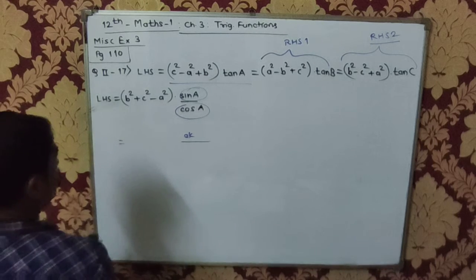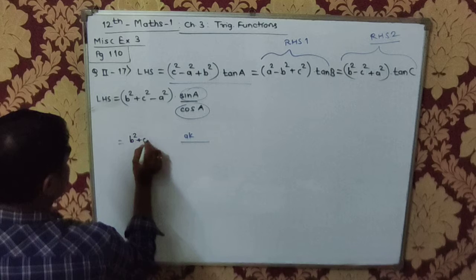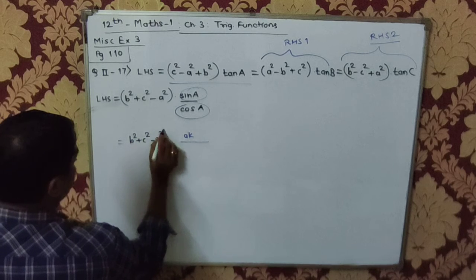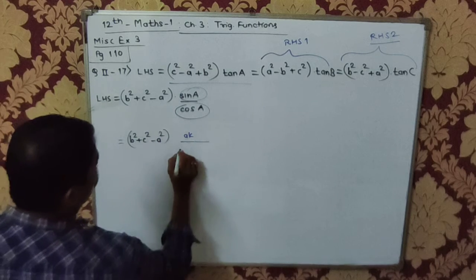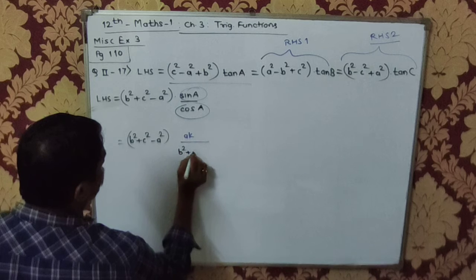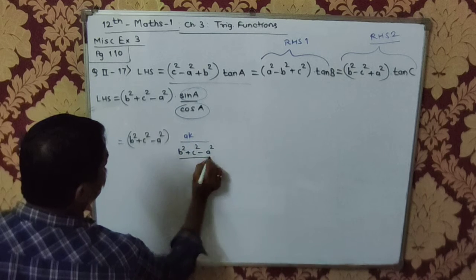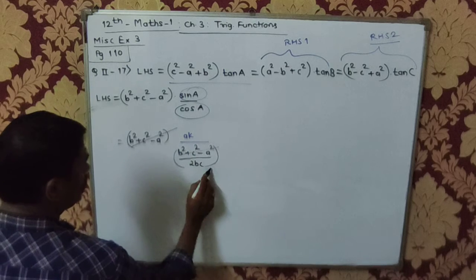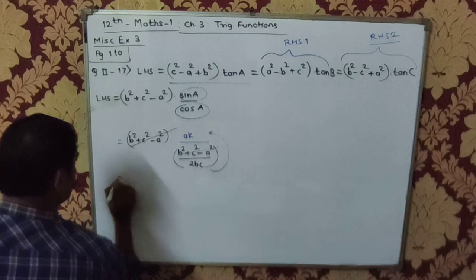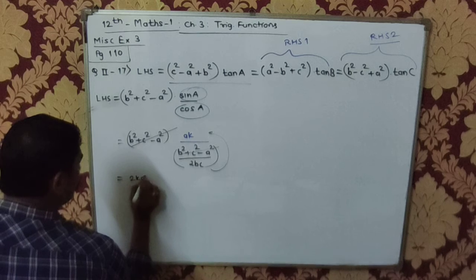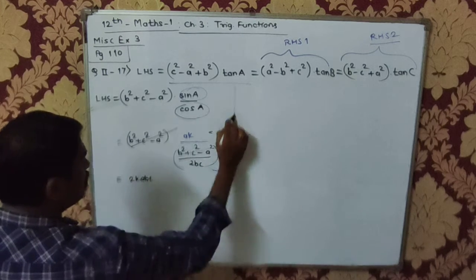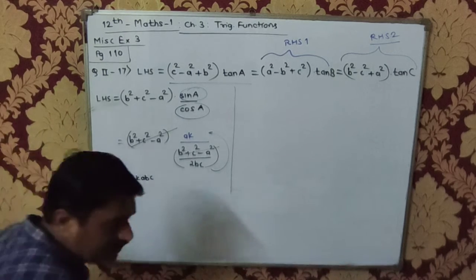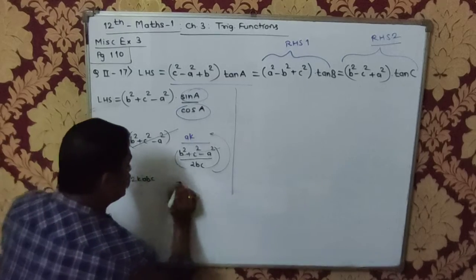And cosine rule, ये पहले ये ब्रैकेट लिख लूँ b square plus c square minus a square. Oh, I'll write the cosine rule. Cosine rule is cos a is equal to b square plus c square minus a square upon 2bc. ये पूरा ब्रैकेट कैंसिल होगा, ये denominator goes up in the numerator. This will become 2k abc. This is quite a symmetrical expression, and eventually you will get the same expression. I'll call this as equation 1.